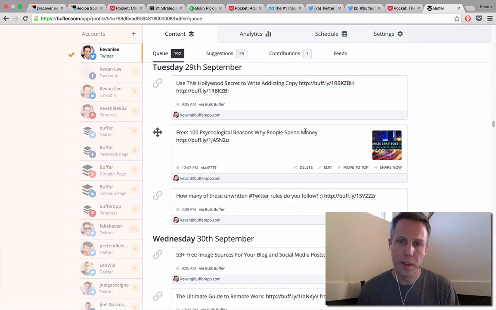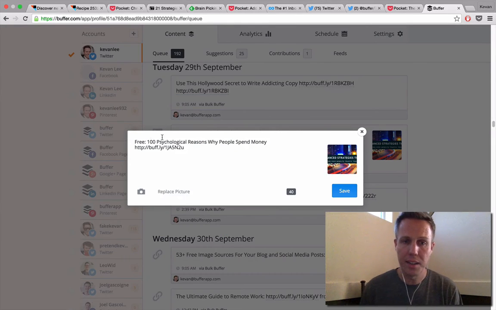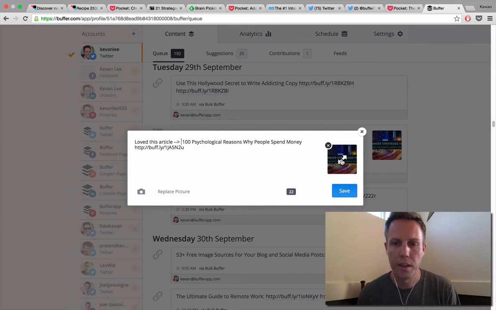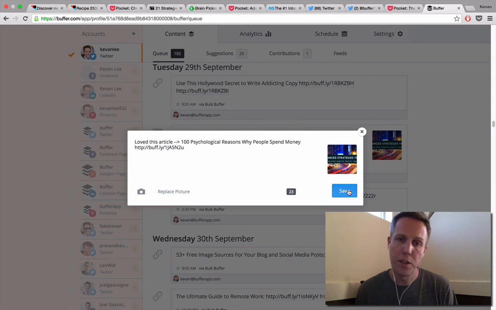And sometimes I'll go in there and think, this might be great to edit a little bit, so I can click on the update and rewrite any of the words here. I can remove the image, add a new one. Anything that I think might be fun to edit, I can definitely do right through here to make sure it's all looking good before it goes live. And I'll often do that because sometimes the recipe will not grab the right image or not grab the full title, or different things might happen. So it's always great to follow up on that just to be sure.